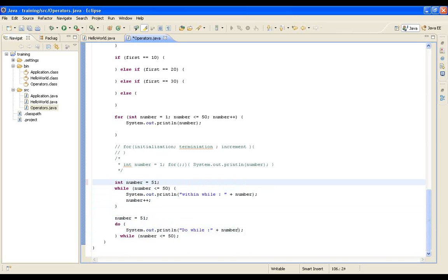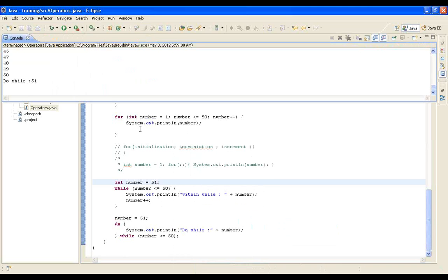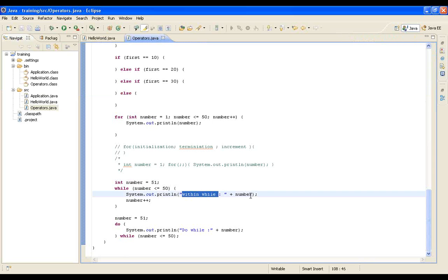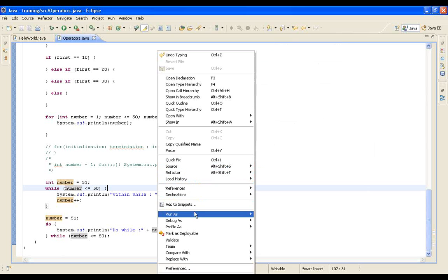Now, I'll make this a 51 in both cases. Now, I have while and do while. There are two different constructions. So see here, I saw the output of do while, 51, but in the case of while, I have the while statement and the number, and nothing is printed there. Nothing is printed there. So that actually means